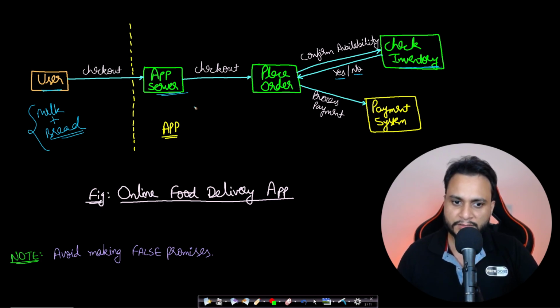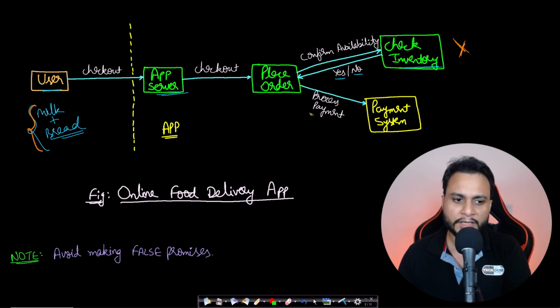Now in this case this works fine, but let's assume that the inventory checking system has gone down. Now in this scenario, what can happen? When the application cannot check with the check inventory service, then the application can never be sure about the availability. One way to get around this problem is to just place the order, just charge for whatever items are present